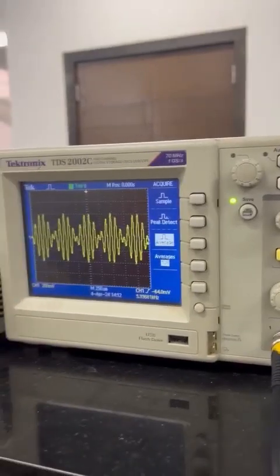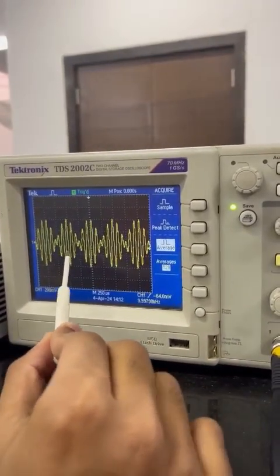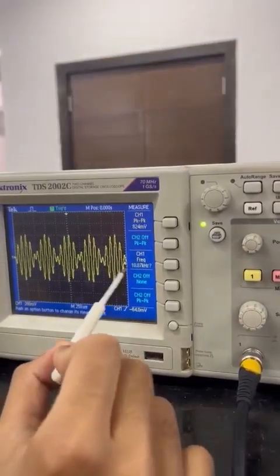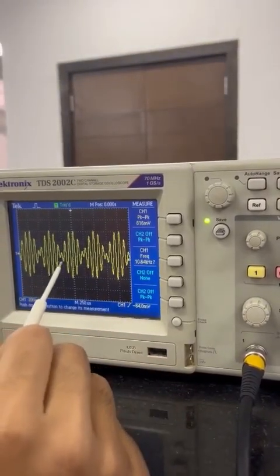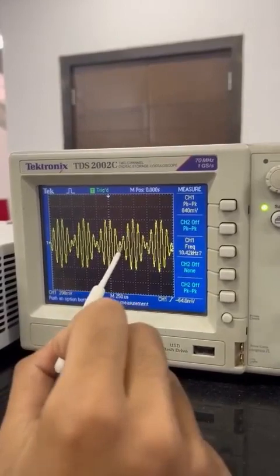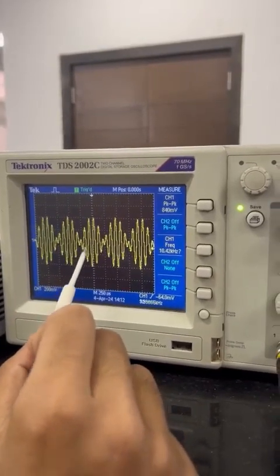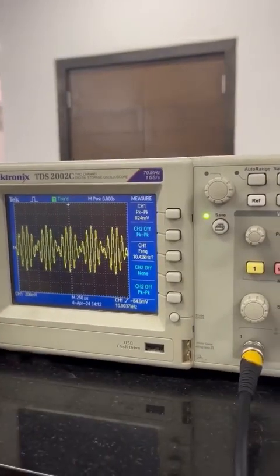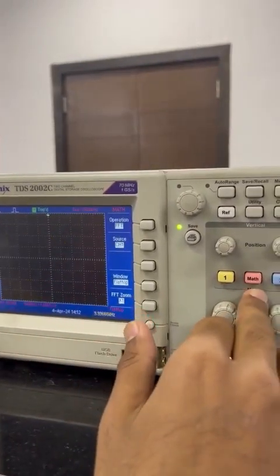Now we can see that the signal has an envelope, that is, it has a 10 kHz main frequency. The main frequency of the signal is 10 kHz, and the 1 kHz signal has enveloped over it. This signal has two frequency components, that is F1 plus F2 and F1 minus F2, that is 11 kHz and 9 kHz. To confirm that, we will see its FFT.